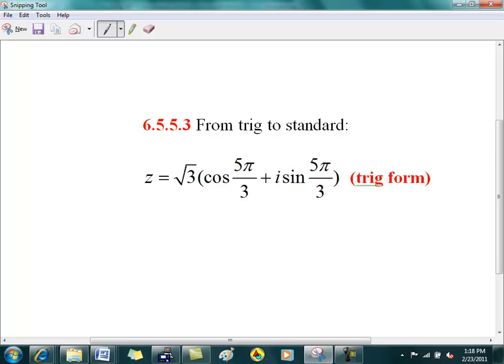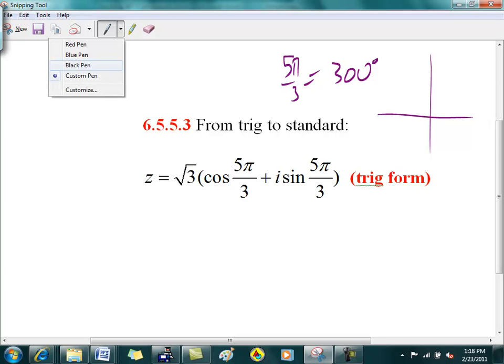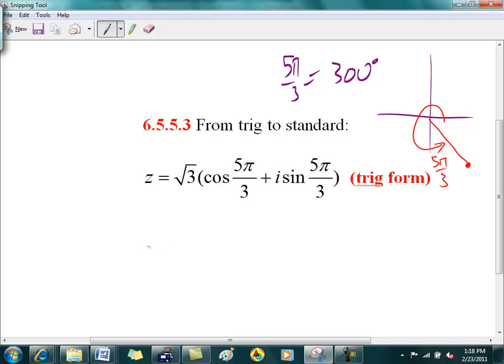All right. So I'm going to graph this so that I know whether cosine is positive or not, or sine is positive or not. So 5 pi over 3 turns out to be 300 degrees. So the angle is actually in the fourth quadrant. Okay? It's out here. And this is 300 degrees, or 5 pi over 3. Okay? So then it becomes √3